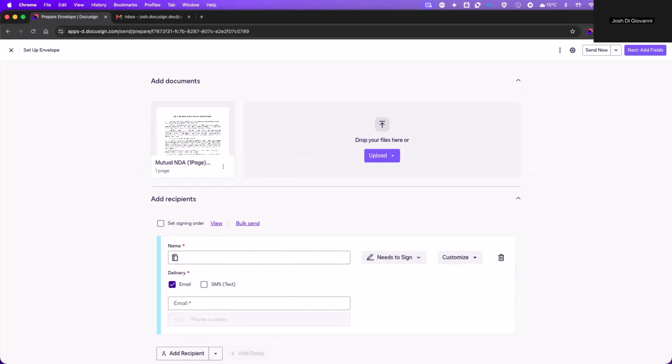In this scenario, the sender preparing the envelope has the employee details, but is unsure if the document is correct and who the details of the reporting manager will be. To address this, the sender will use the Allow to Edit feature to assign the envelope to an HR representative.